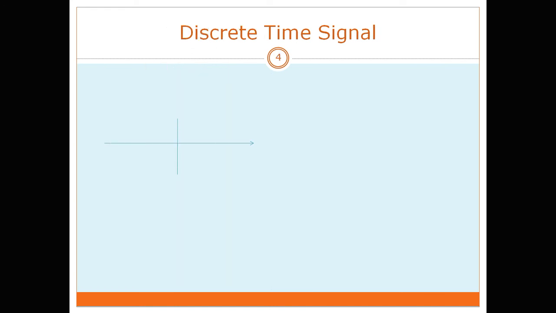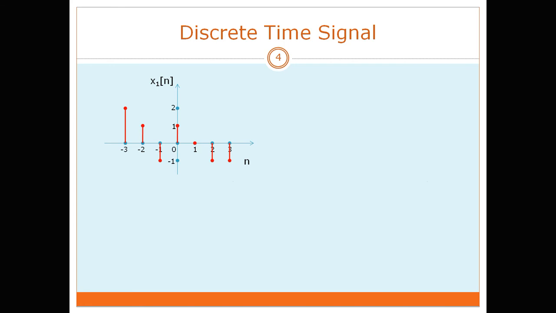So the discrete time signal is like this. This is x1 of n, and these are the different points. From -3 to +3 I have taken on the x-axis, and on the y-axis I have taken from -1 to 2, and the values are like this. At -3 the value of x1 of n is 2, at -2 its value is 1, at -1 its value is -1, at 0 its value is 1, at n equal to 1 its value is 0, at n equal to 2 its value is -1, at n equal to 3 its value is again -1. So this is the example x1 of n.